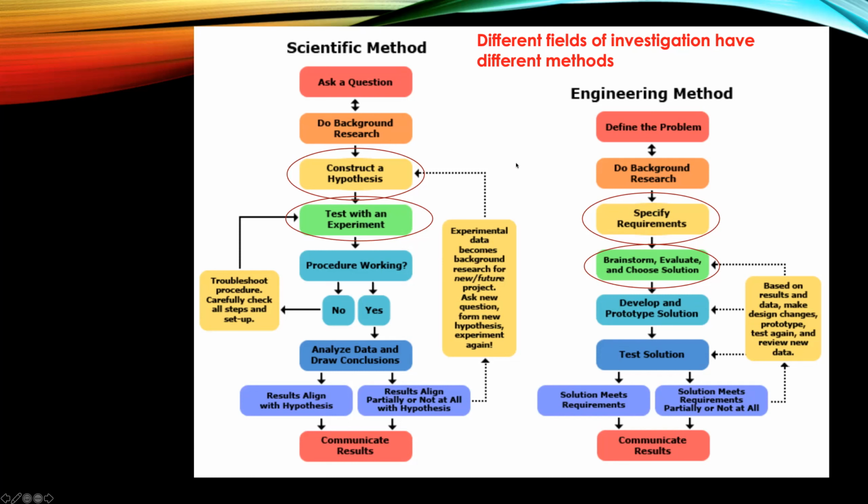In both cases, background research is done. A scientist will construct a hypothesis, whereas an engineer will specify requirements. And you can go on down, matching up the colors, and see that in both cases, results are obtained, and